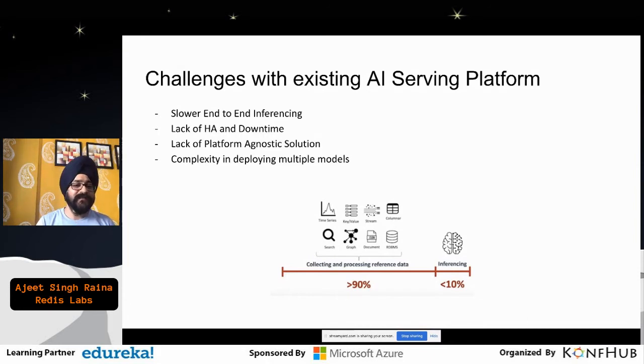And then there are the complexities today. Even if you try to compile a solution against TensorRT or TensorFlow, it takes around 40 to 50 hours, right? So it should not be so complex. It should be easy to deploy those models.